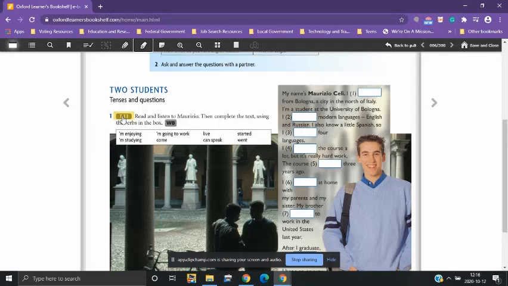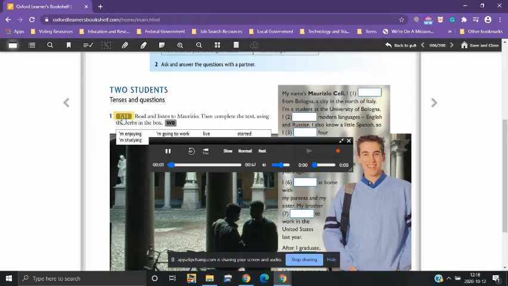Let's try it. Unit 1, Tape Script 1.1. So as you can see, as soon as you click it, it plays. If you want to pause,